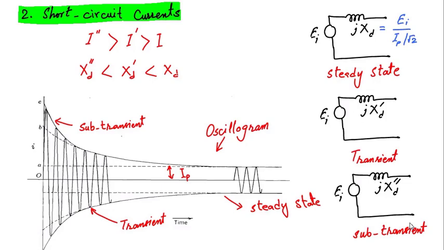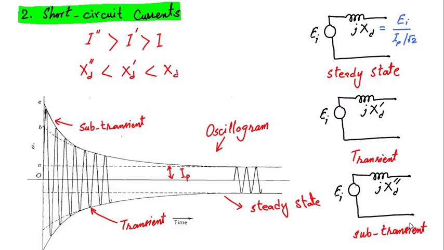Next come to the transient period. Here in the transient period we can see the magnitude of current is continuously decreasing. So how do we obtain the peak value of current? Instead of taking the peak value directly from any cycle, we extend the envelope of that decaying rate, and the point where it intercepts the vertical axis is known as the peak value of transient current. This is the method by which we determine the transient current.